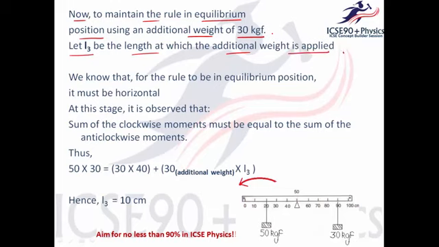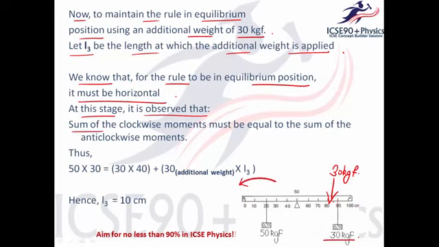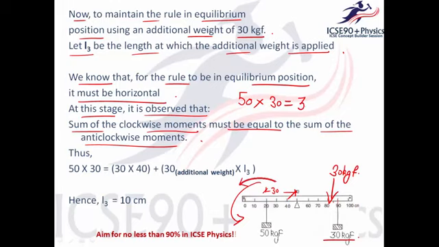We don't really know at what length we need to apply this additional weight of 30 kgf in addition to the existing one. Hence we can say that for the rule to be in equilibrium position it must be horizontal, and at this stage the sum of the clockwise moments must be equal to the sum of the anti-clockwise moments. So the anti-clockwise moment in this case is 50 into 30, which must be equal to 30 into